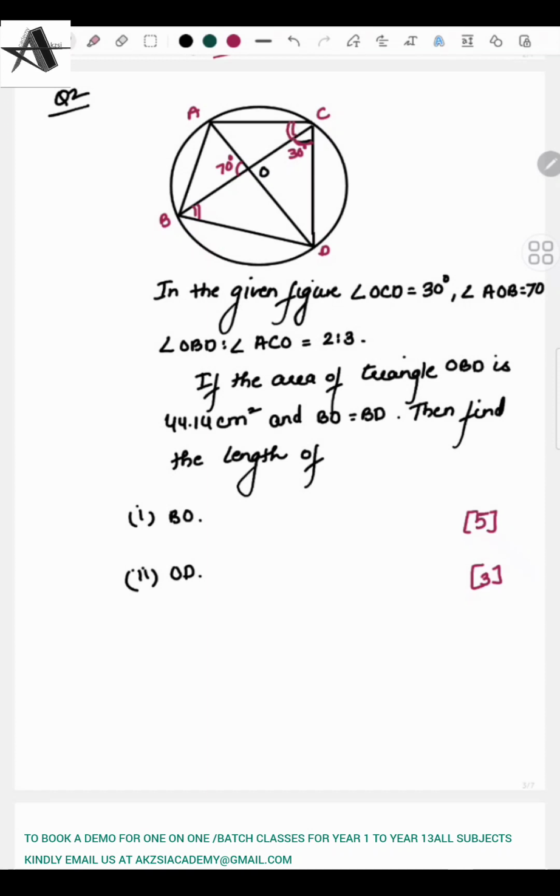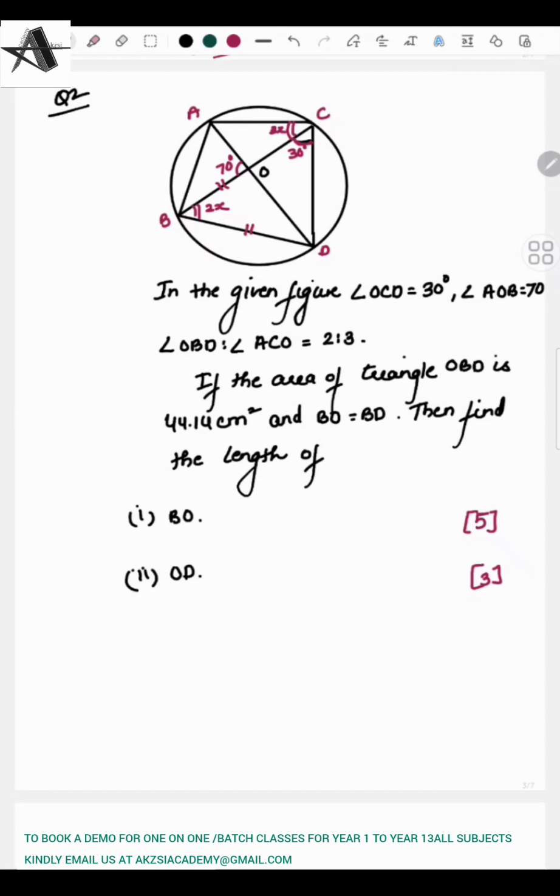So for simplification, I can write it here as 2x and 3x. If the area of the triangle OBD is 44.14 centimeters squared and BD is equal to BO, that means this is equal to this,